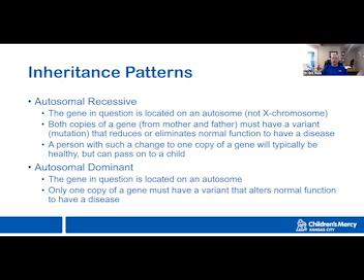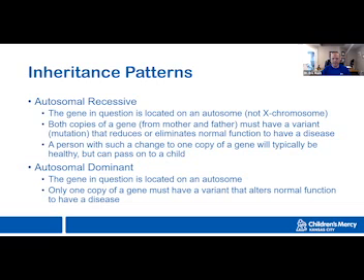In which case we see recessive conditions that will result from the 2 parents, from mother and father, both having changes to one of their genes and then passing along that change, again, that variant, to an offspring. And so typically that will result from either less activity of a normal function, or maybe completely eliminating the normal function of a gene to have a disease. So typically those people that are carriers, meaning they have one copy of that change, will be healthy, will be okay, but they can pass it along to a child.